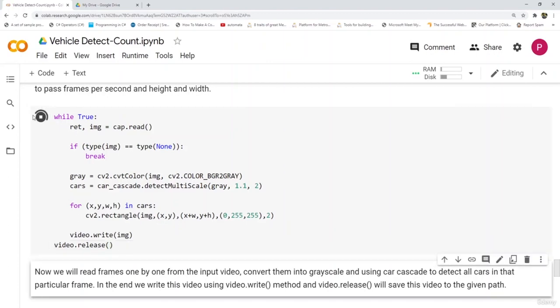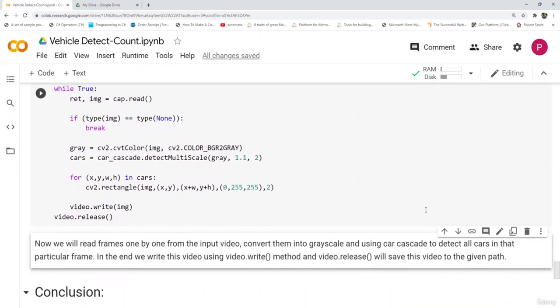It will take some time. It depends on how big or large the video you are using is. While selecting a video, you should take into consideration that it should contain some cars in it, or any object that you are working on to detect. So it will take some time, as it depends on the size of the video, and it will convert it frame by frame. So it took around 5 minutes for this step.